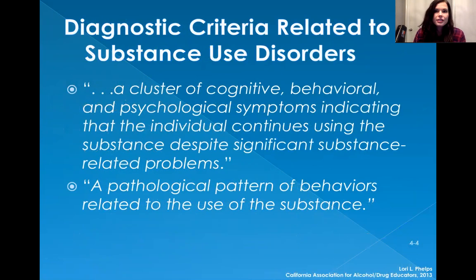All right. So diagnostic criteria related to substance use disorders. There's a cluster of cognitive, behavioral, and psychological symptoms indicating that the individual continues using the substance despite significant substance-related